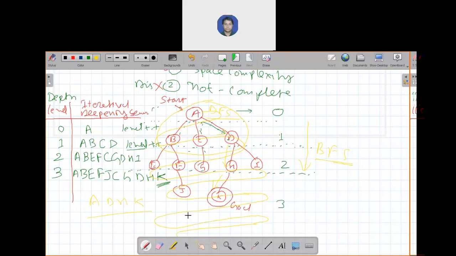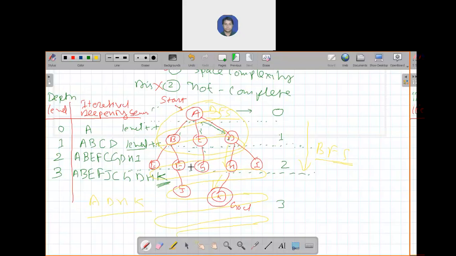But in this case you can see it is exploring the element in a subgraph. It is fine, it is okay. Otherwise they will move to the next level. So ultimately it's completeness. The nature of this search technique is completeness and less memory consuming, because you are following the DFS in a subgraph.